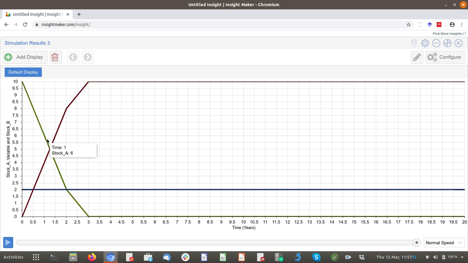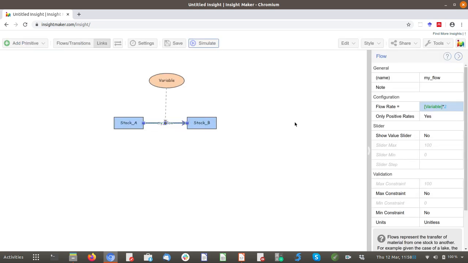So you can see here in a single time unit, at time 1, we start at time 0. So at time 1, after one time unit has elapsed, stock A is now at a value of 6. 4 things have left stock A and consequently gone into stock B, exactly how we would imagine. That's a really simple example, but those are the basic principles for how you would then build out